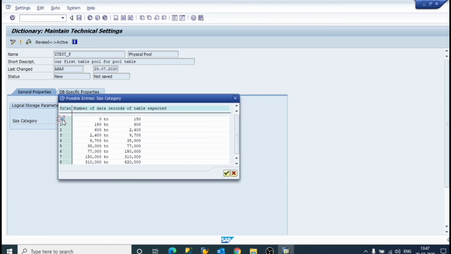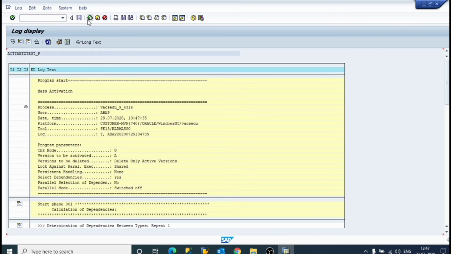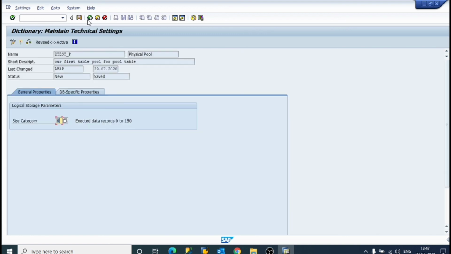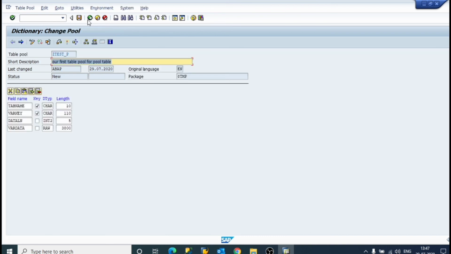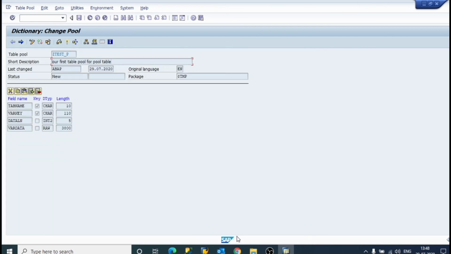Size category it will be 0, yes. Now just activate it, no errors, click on back. Activate, yes, it will take some time. Oh, object is activated. Now just click on back.